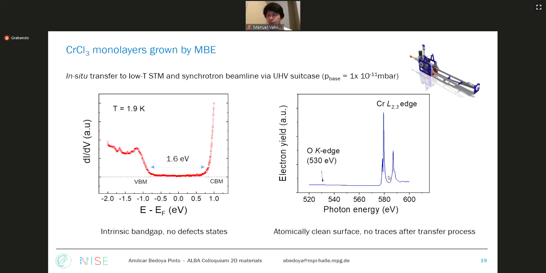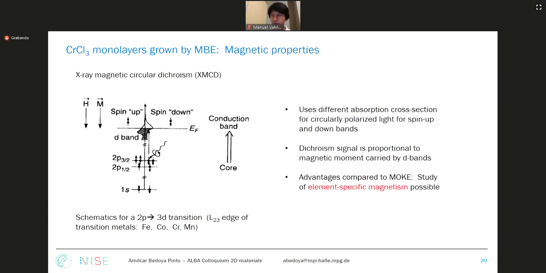In addition, we also performed some chemical characterization. This is already done at the synchrotron, preliminary measurements, where you see that there are no traces of oxidation, and instead you have a pretty sharp chromium edge that also gives you the quality of the sample. So saying that, we did just a brief, many of you already know this technique, but just for the ones